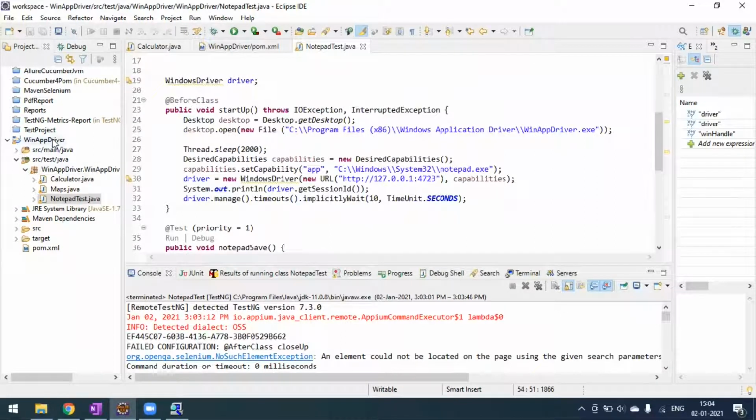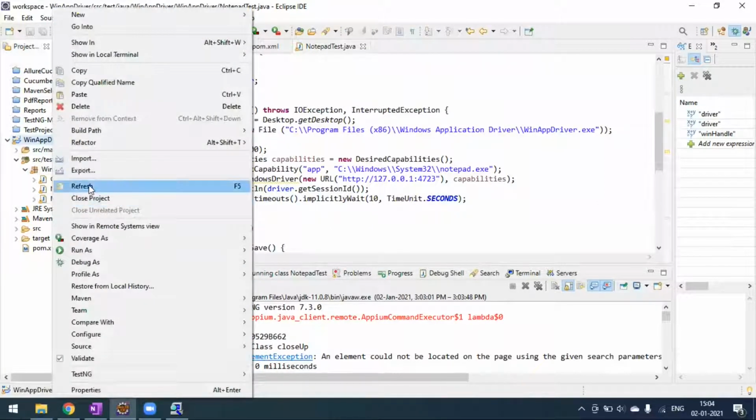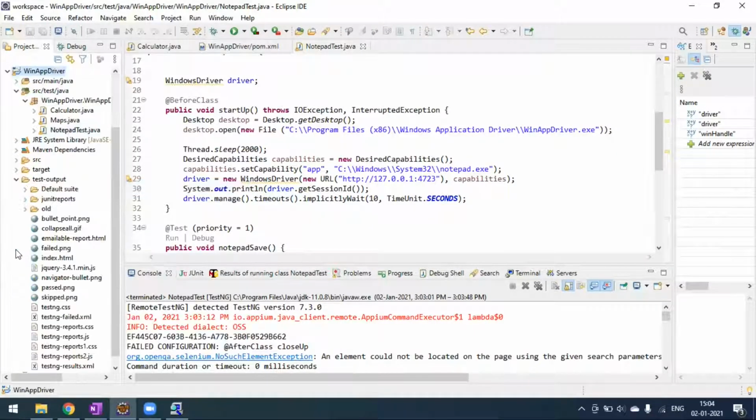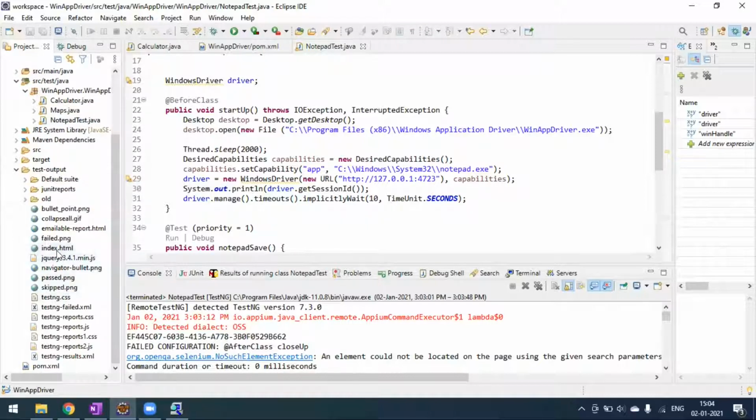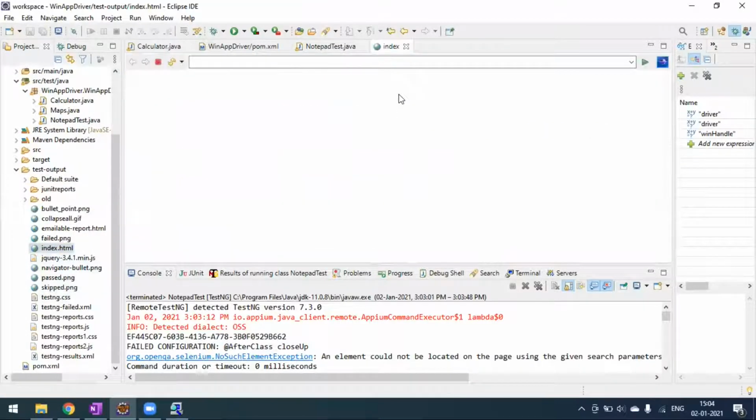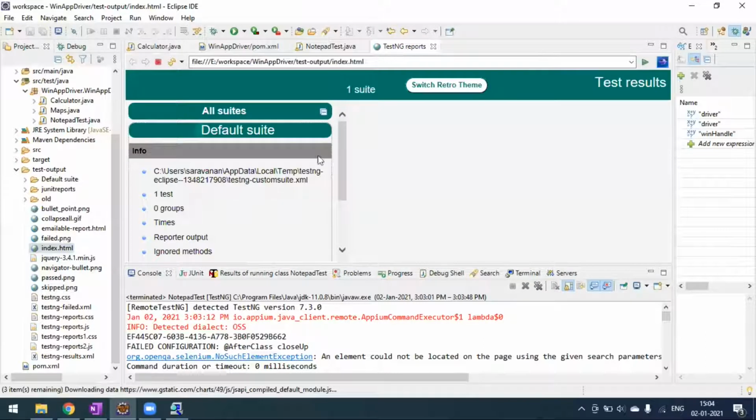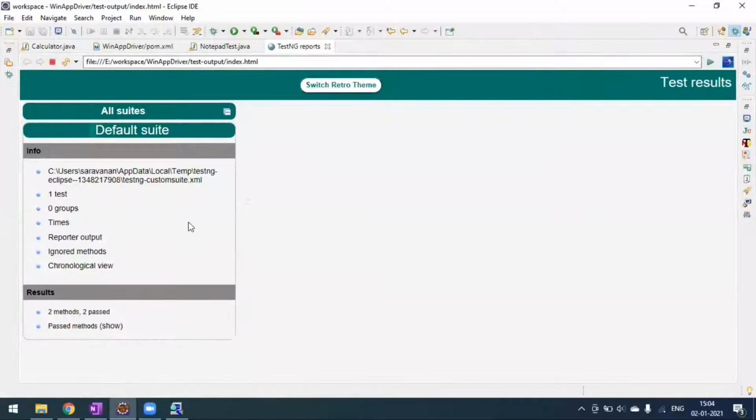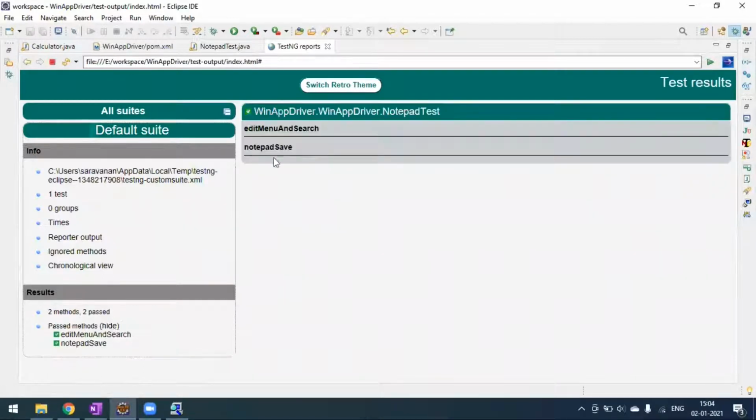Okay, so now, since we have executed this as a test engine, it would have created some report here. Here you can see the HTML default report that comes from the test engine, right? So this is the new report. Earlier it was, okay, this switch retro theme is not working. Earlier it was a very different look. They have now worked on something to improve their UI.